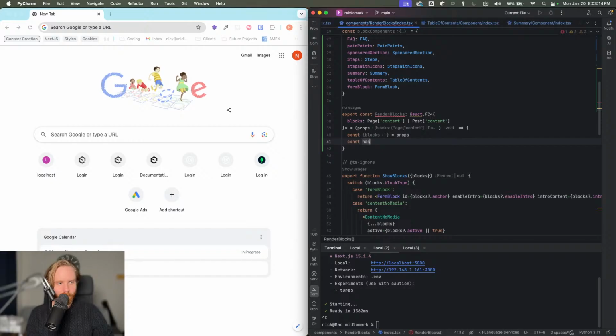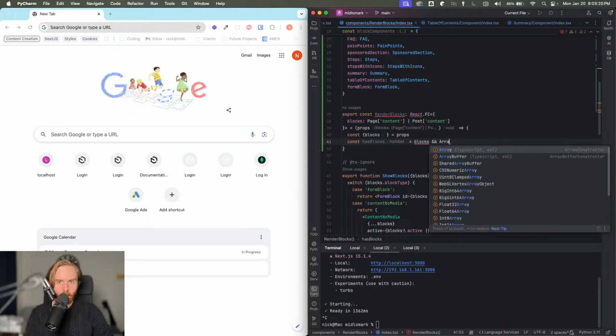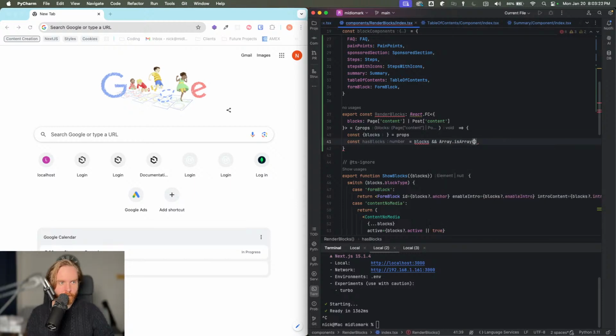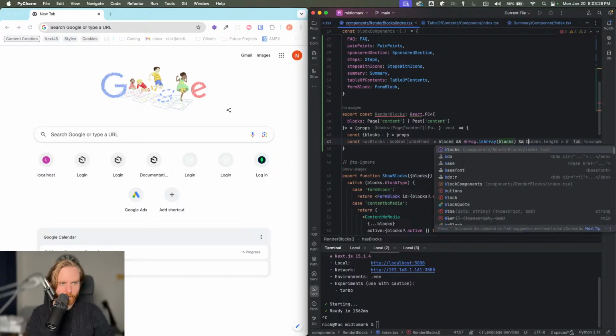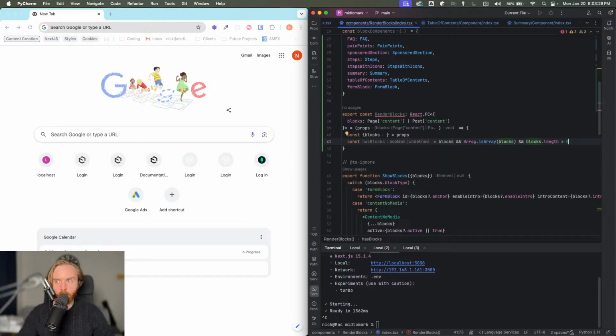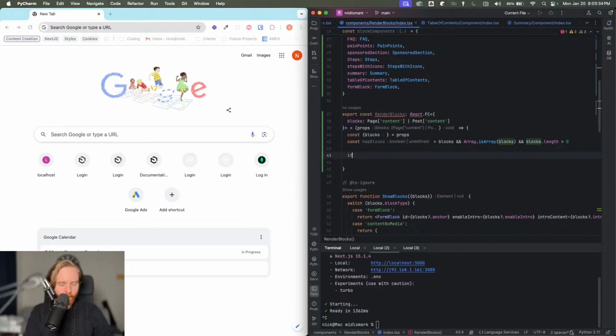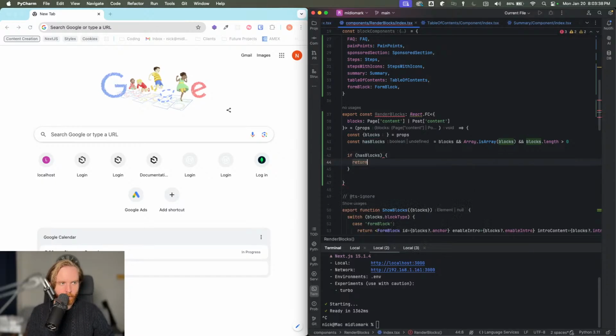And then we're going to check if there are blocks. So if there's blocks and the blocks is an array, and if it is an array, it needs to be greater than 0 in length. Then we come down here to check if has blocks,